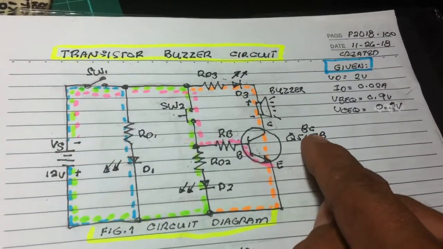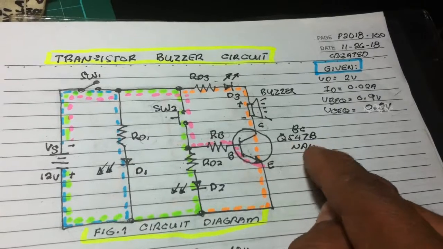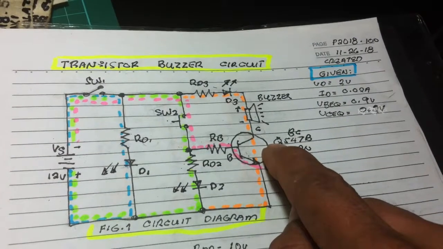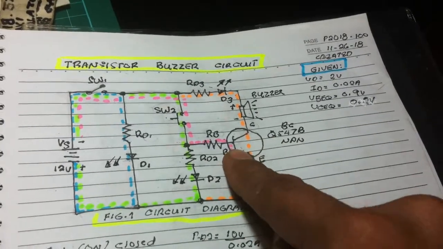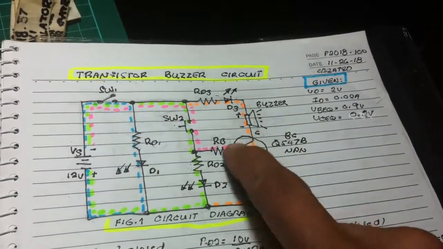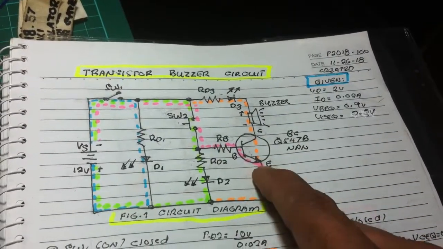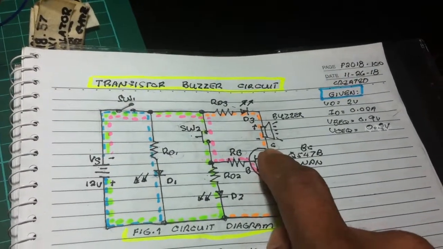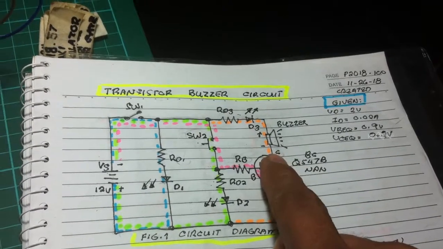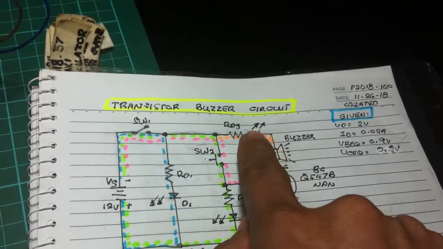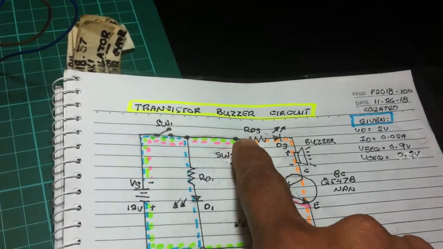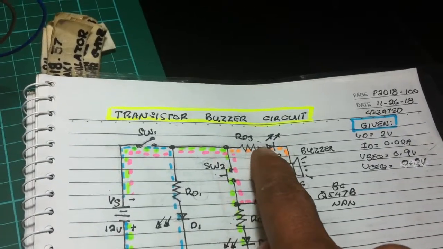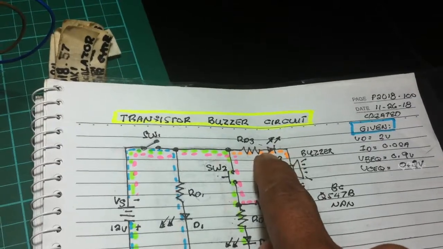I'm using BC547B NPN. Q is the symbol of the transistor. We have the collector, base, emitter junction. Emitter is connected to the ground. At the output side or the collector side, I have the buzzer, the LED, and the resistor. I'm using resistor here to protect the LED. This is our output LED,